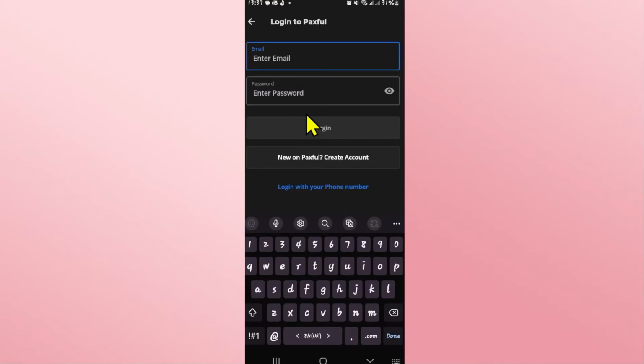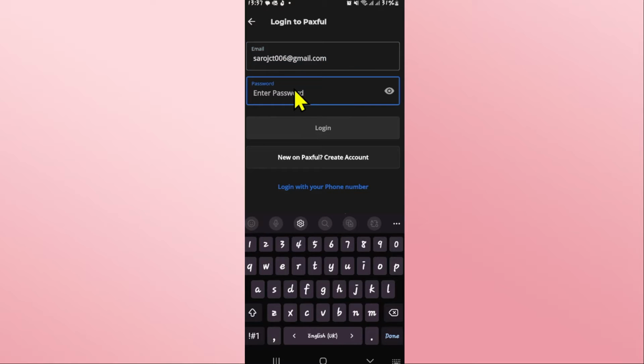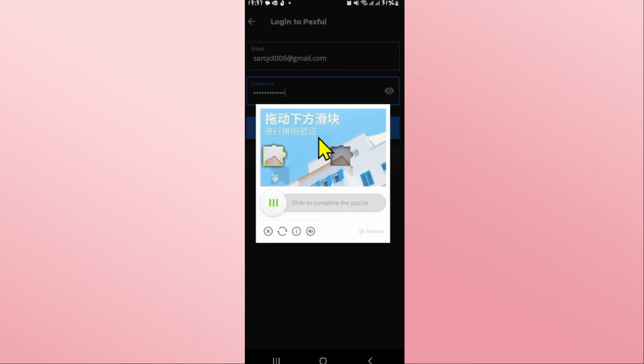Tap on this button and you will be asked to enter your credentials. Just type in your email address that you have used while signing up for your account within the email address box, and then enter your account password underneath within the password section. You can then tap on the login button and you will be asked to verify your identity by solving a